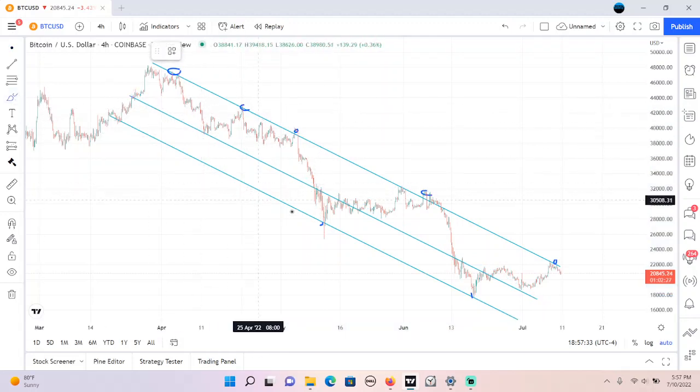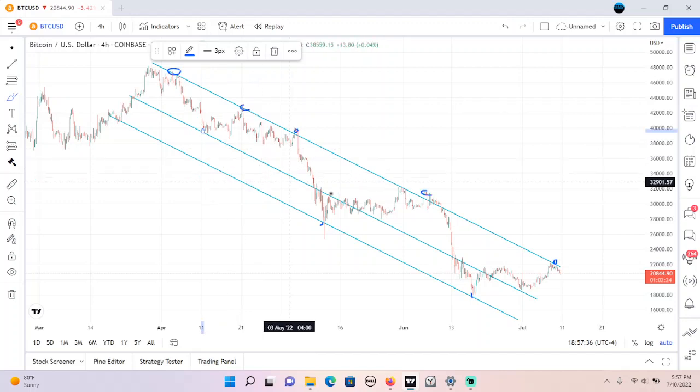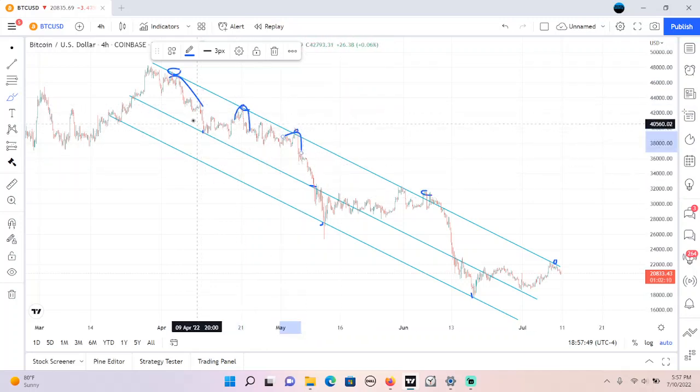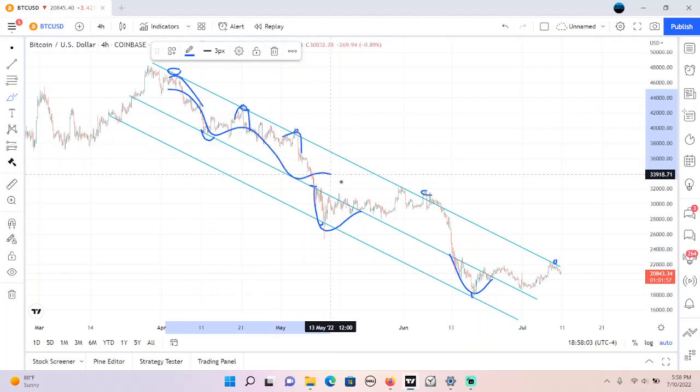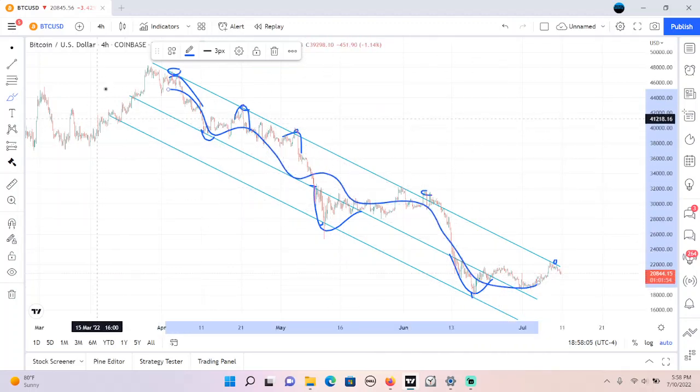So the more touch points the trend line has, the more strength the trend has. See, touch, so this is obviously big rejection, big rejection, big rejection, in the middle of the channel. Or basically, you can say this is the bottom with a few deviations here. But the general idea is all downwards. So we're in a downtrend. And see, I used 3 trend lines here, but we can get rid of all that